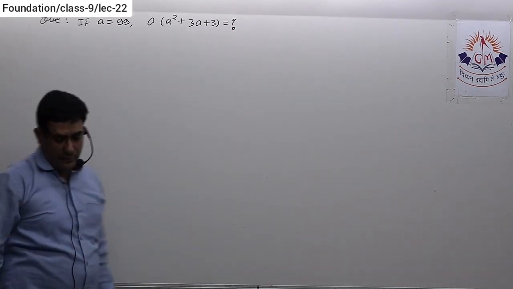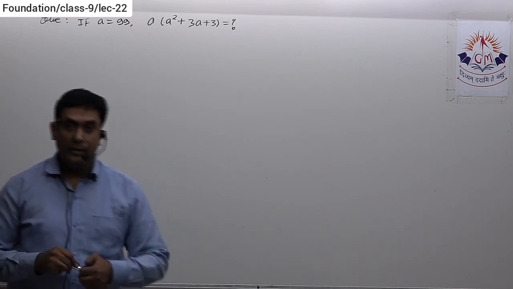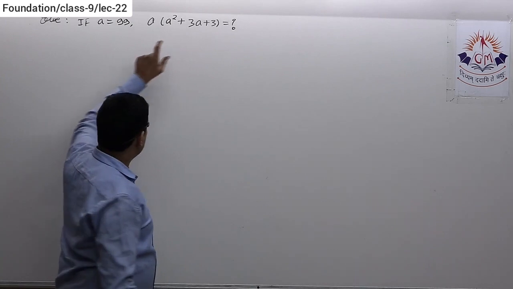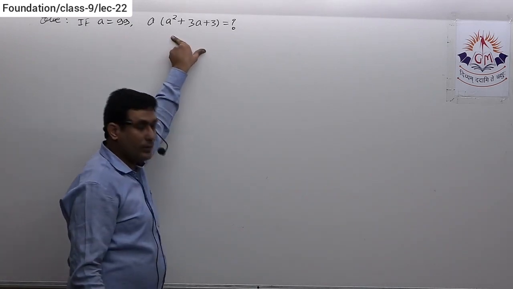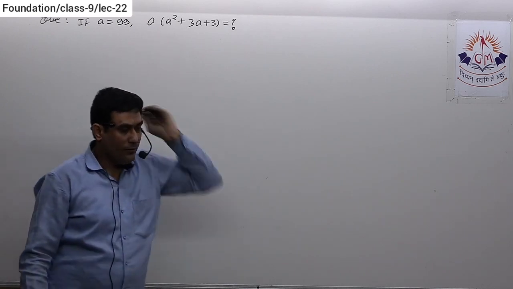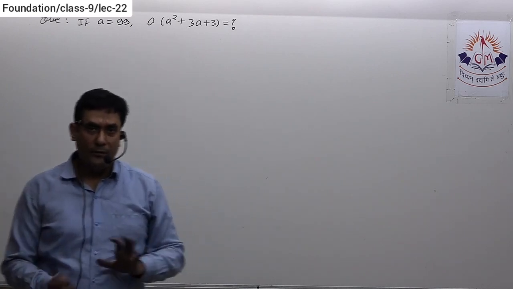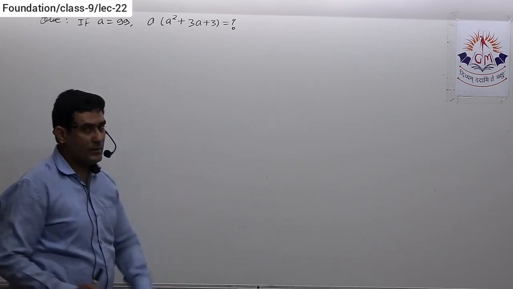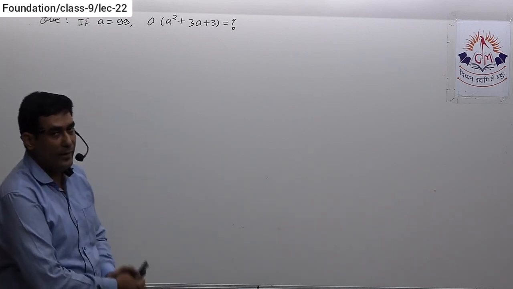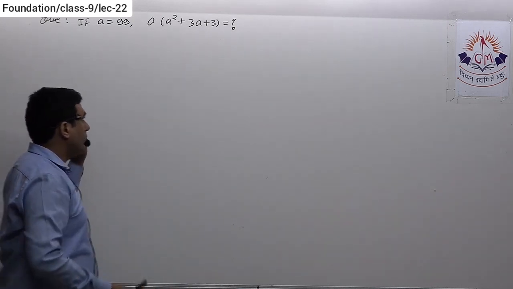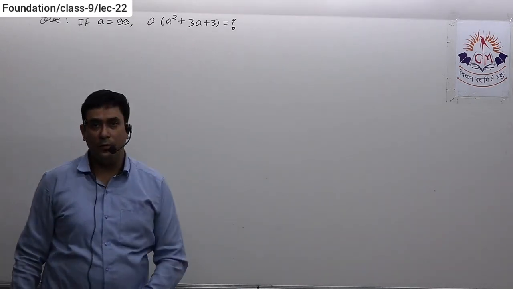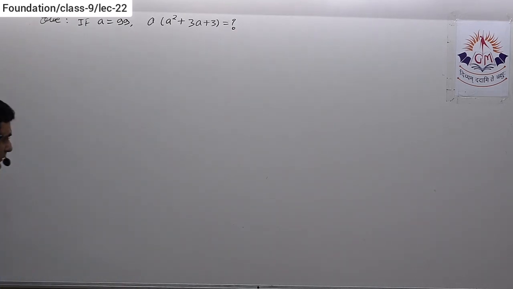A equal to 99. So the very first thing that should come to your mind: you are definitely not supposed to get the value of the given expression just by putting A equal to 99, because it is going to be time consuming. So you have to find a way to get the value of the given expression by converting it into an identity or some other simplified form. Think about how you can write this in a simplified form, and then how you will get the value of the given expression.